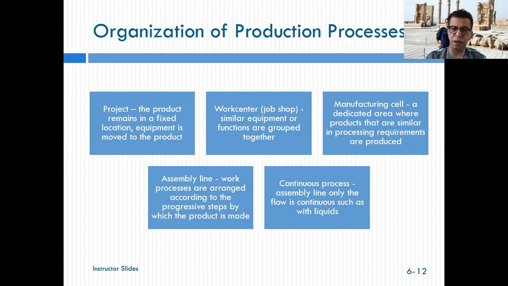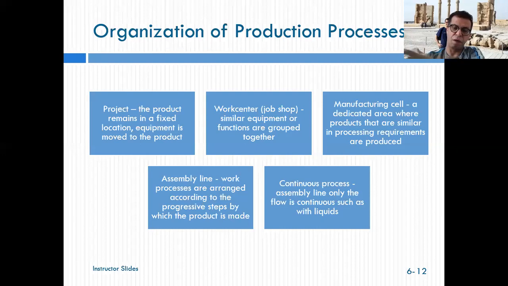The assembly line is the most famous one and is used in lots of manufacturing, where the work processes are arranged according to the progressive step by step by which the product is made. In car manufacturing, PCs, and mobiles, you see the product moving and they put things on it, and it keeps moving until